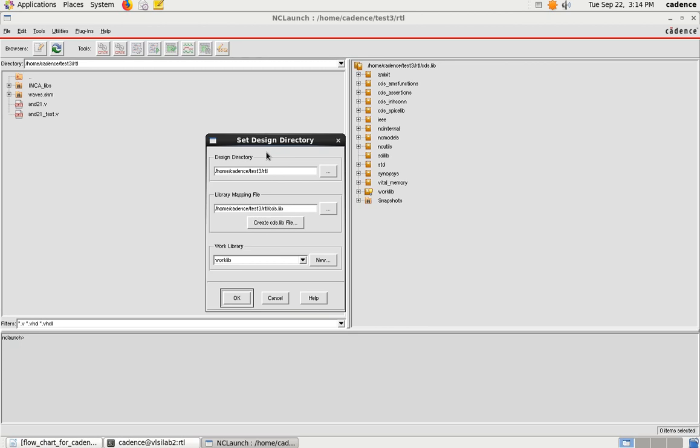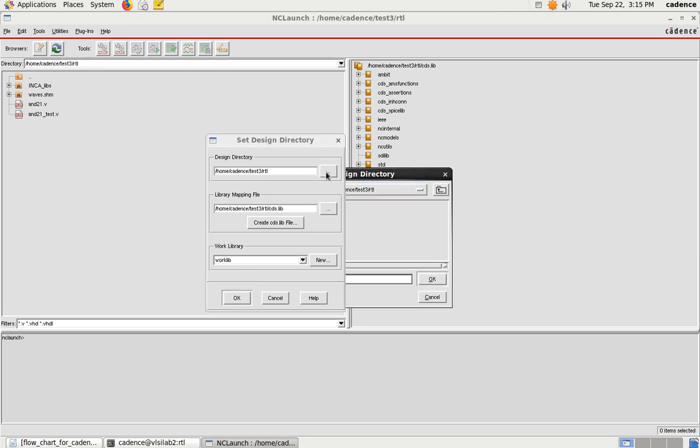So how do we do that? Select the three dots here, in front of this design directory. By default it will have different folders, so you have to select your directory.